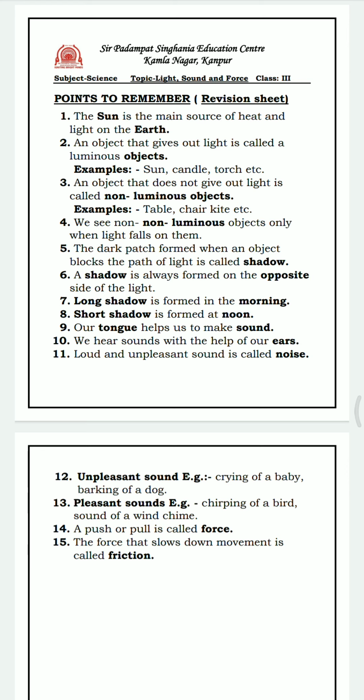Okay, so children, when we are talking about the sound, when we talk, we are making a sound. So who helps us to make a sound? A tongue helps us to make a sound, and we hear sounds of all kinds with the help of our ears. Okay, fine. So, for example, if you strike a steel tumbler with a spoon, what will happen? It makes a sound. Okay, and we hear various kinds of sounds, such as the ring of a bell or telephone, the cry of a baby, and the bark of a dog.